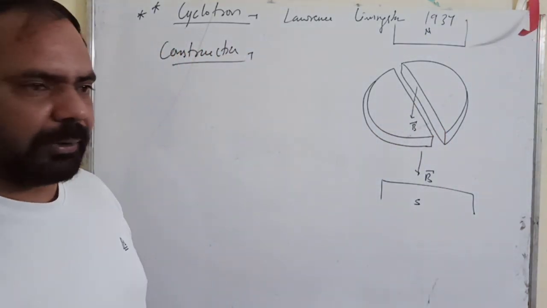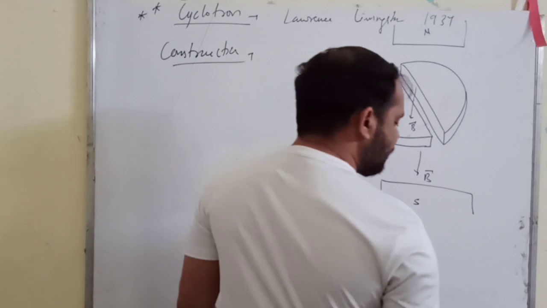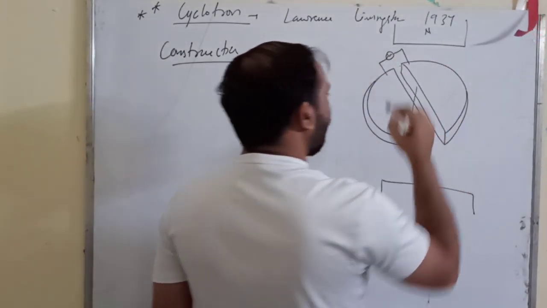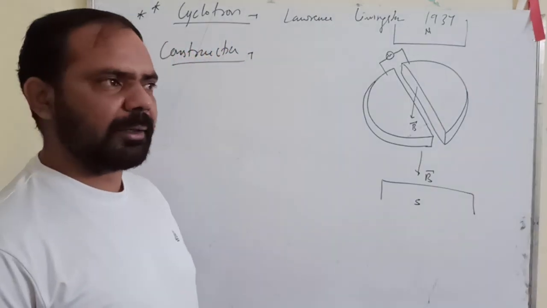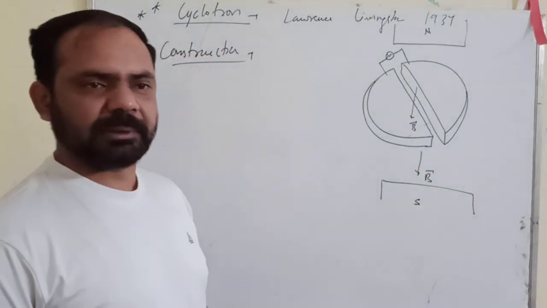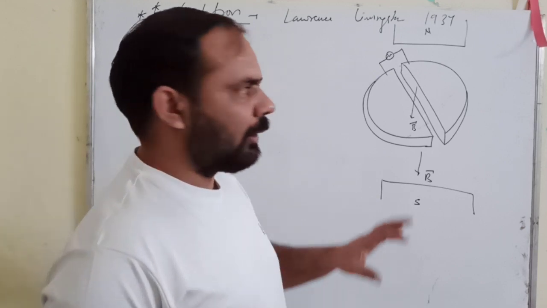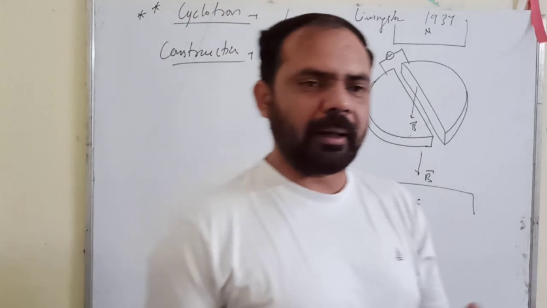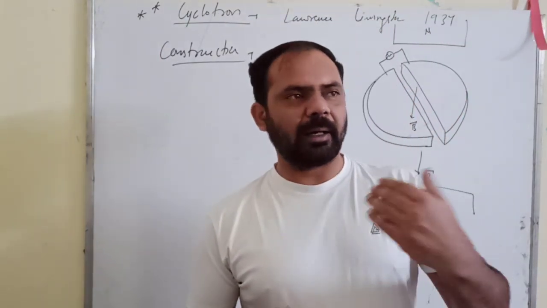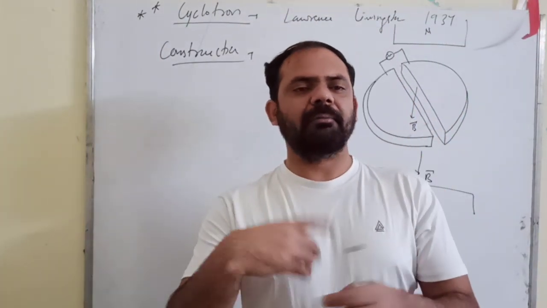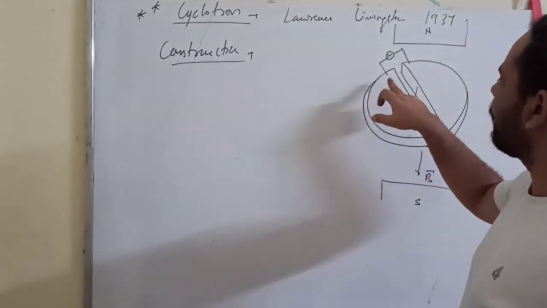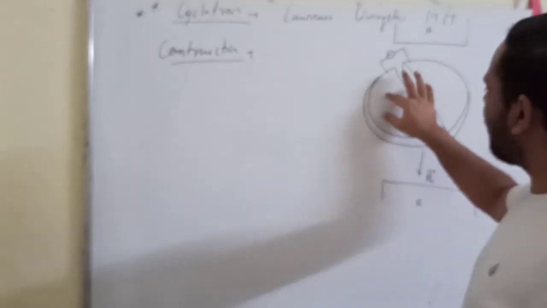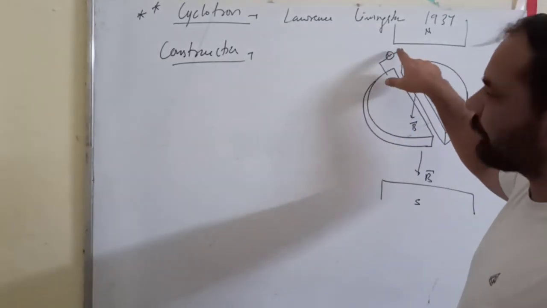is downward, right? Now both these Ds are connected with an alternating source of EMF. In chapter number 7 you will come to know that alternating means its direction and its polarity reverse again and again. After a particular time interval, it reverses itself. Suppose for a particular time interval this D is at positive polarity and this at negative.